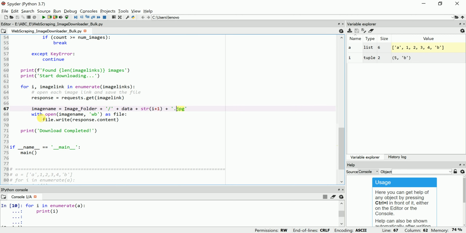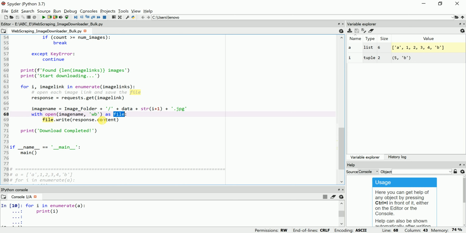Then I am writing those images in write byte mode, and I am giving the name of those images inside this folder. I'm taking file as an alias, and I'm just passing the response content in that file.